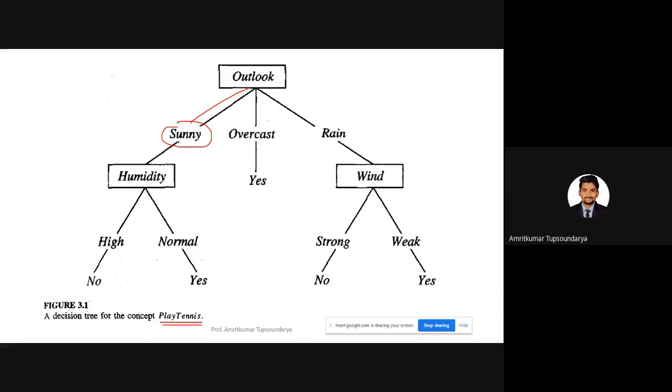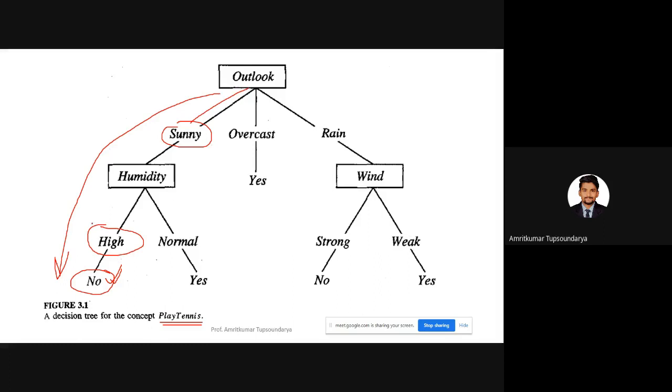And humidity, the value for the attribute humidity is high, right? So we checked here that the value of the attribute is high. And wind we are not checking because we are on this side of the tree. We are traversing to the left side of the tree, which ends up returning the value as no. The classification is no.